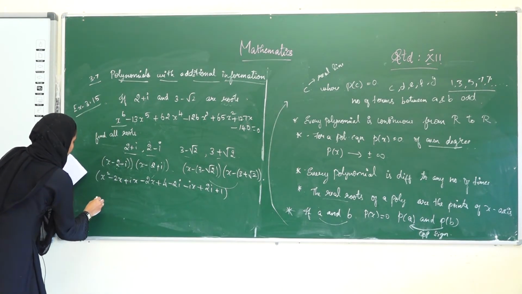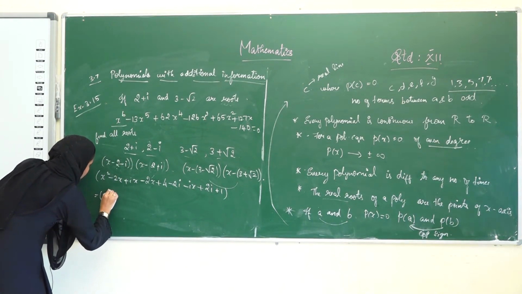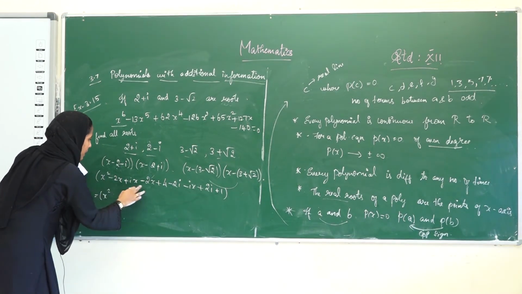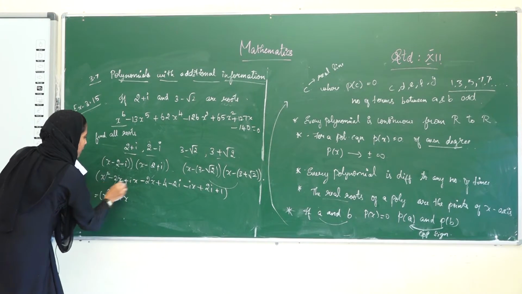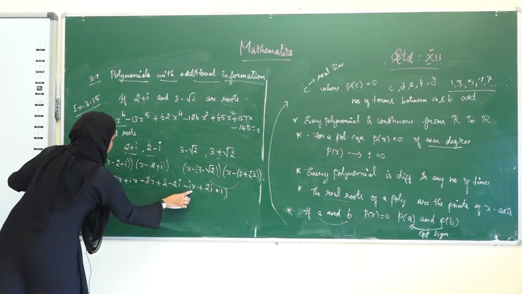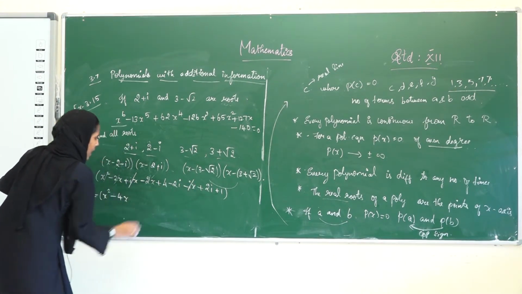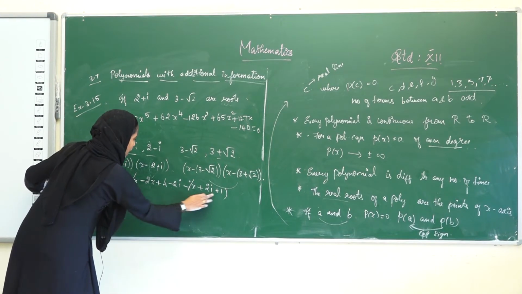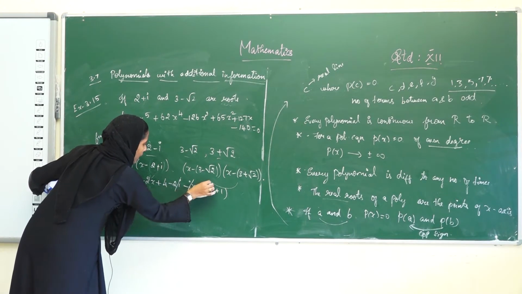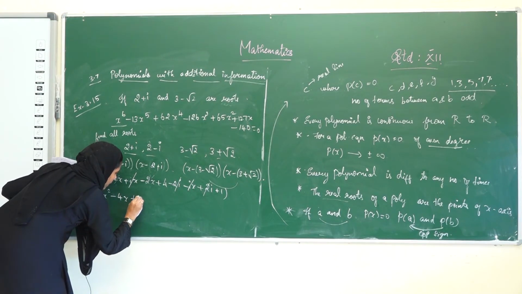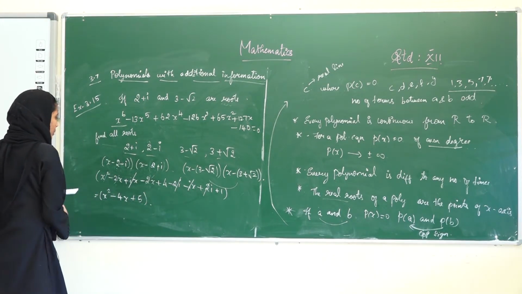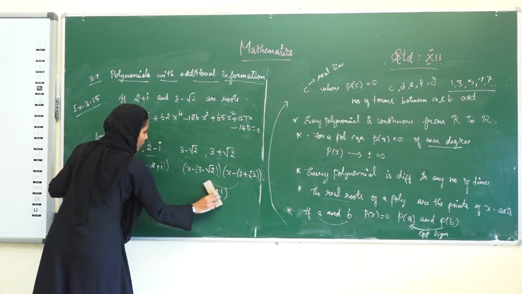See here x square comes as it is. Minus 2x minus 2x gives minus 4x. Plus ix and minus ix get cancelled. Here it is 4 and here it is 1, so 5. Minus 2i and plus 2i get cancelled. Minus 4x and plus 4 and plus 1, it is plus 5. Okay, we have found one factor.